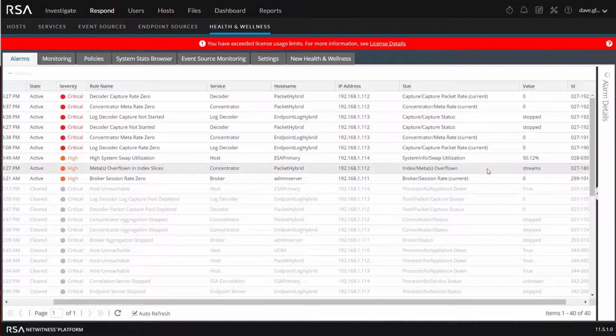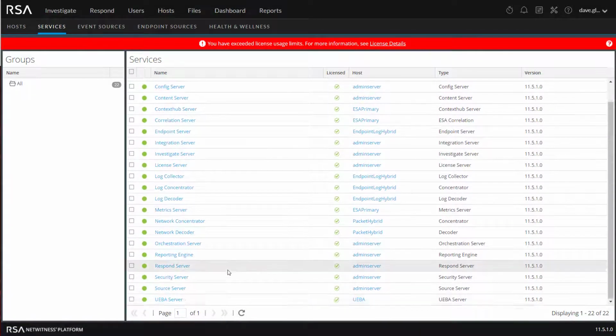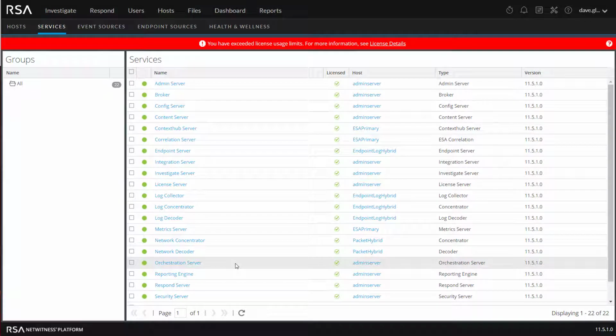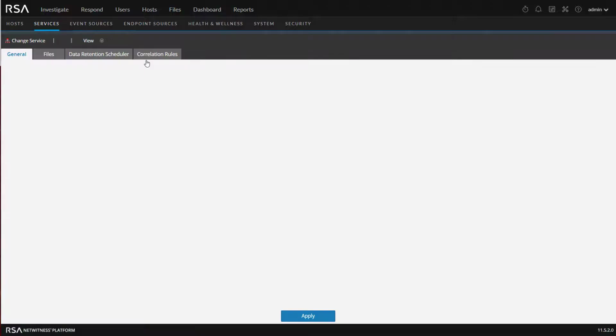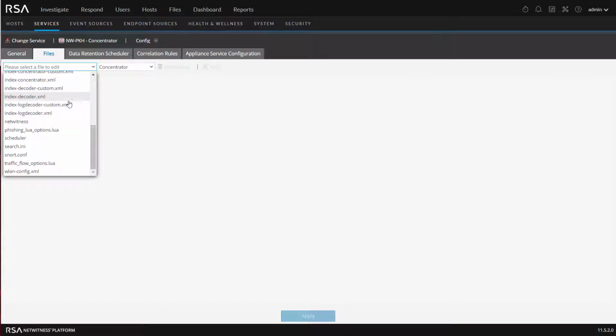Where do I go? We know the meta key that we have. We have it in the streams and we have it on the packet hybrid. So let's actually start there. Let's go to services. And what we want to do is go over to my packet hybrid to take a look at what the index levels are. So in that case, we're going to go over to our network concentrator. We're going to go to configure, files, and